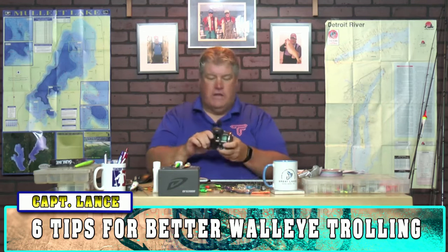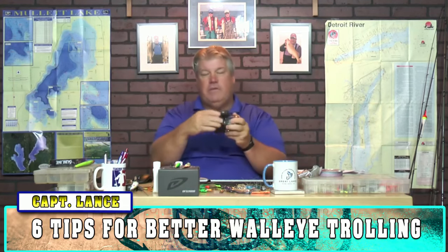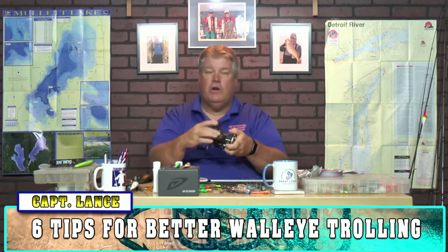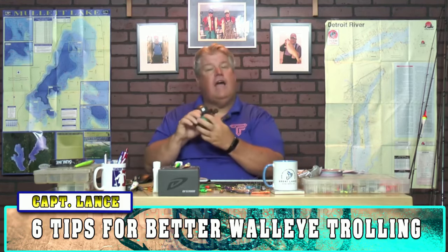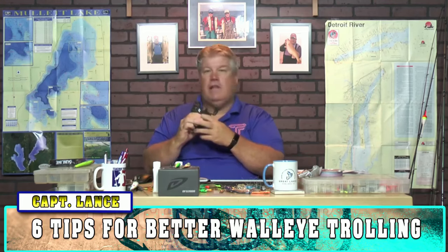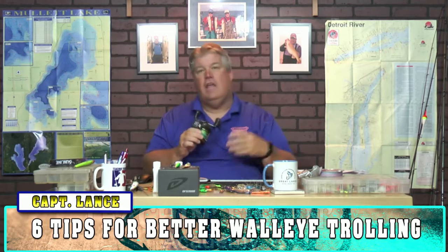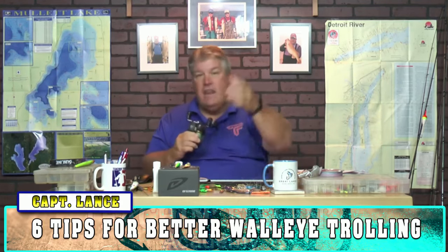The amount of line that goes out is controlled by how full your spool is. What happens is every time this line pickup moves a certain distance across the worm gear, it clicks off one number on the counter. How much line comes out is directly relative to how big the spool is. You got a little bit of line, maybe the spool's only half full. Every time it clicks 1, you may only have let out 6 inches of line. So it says 60 feet, but you've only let out 30 feet of line. Conversely, if the spool's too full, you let out 60 feet, you may actually have 80 feet out,